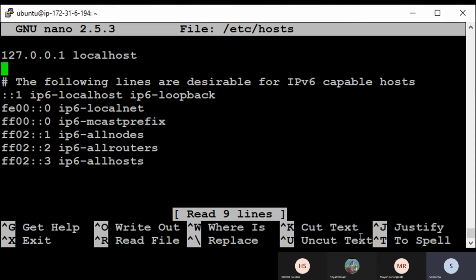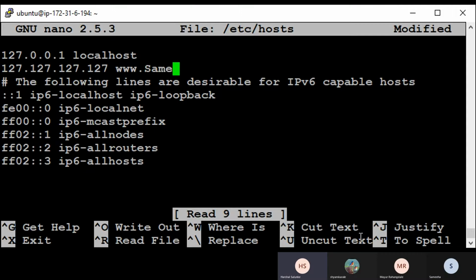I have one doubt. Why do we put 127.0.0.1 here? Can you put any IP? Anything after 127 is reserved for the local machine. I'll tell you, just give a second. See, in the network session we had that, which IP is for what.